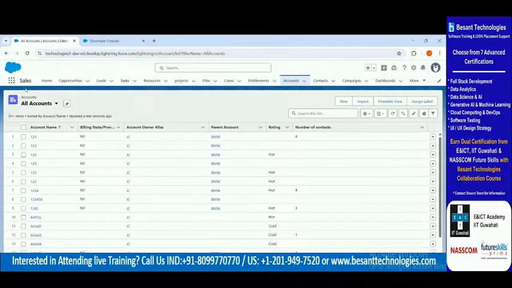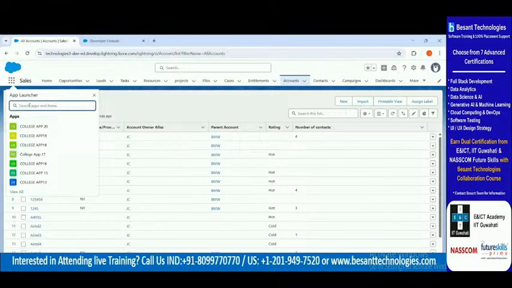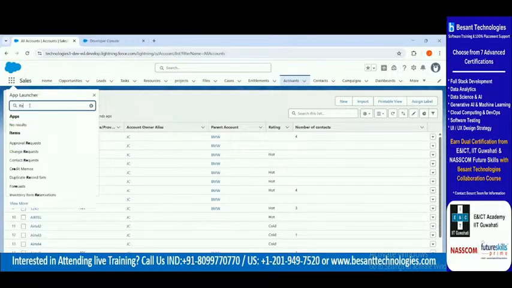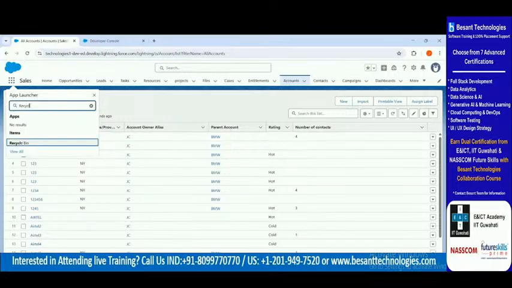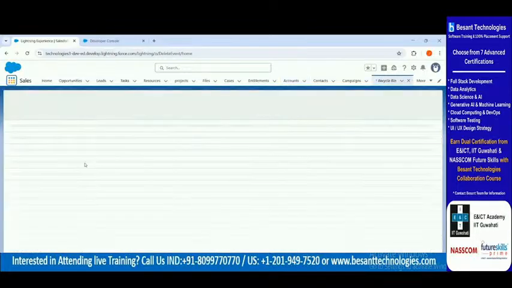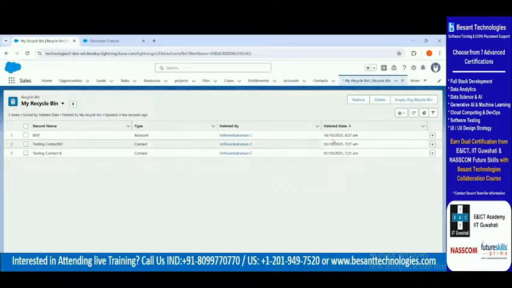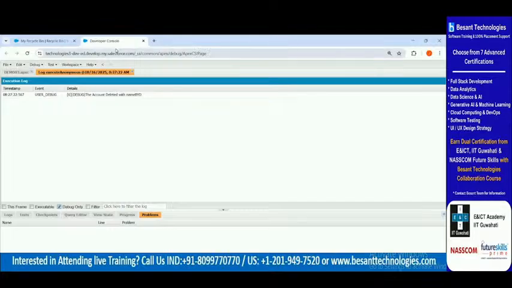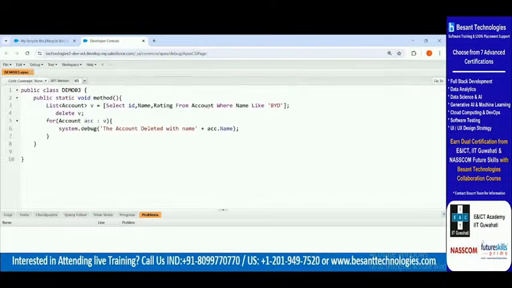Okay, just type recycle bin here. Recycle bin. Here you can see BYD has been deleted. Okay, the record has been deleted successfully. You can also restore from here, or otherwise you can also undelete from the code. Okay, now the record is deleted. In case you want to restore that record, what you have to do is, again you can use the statement called